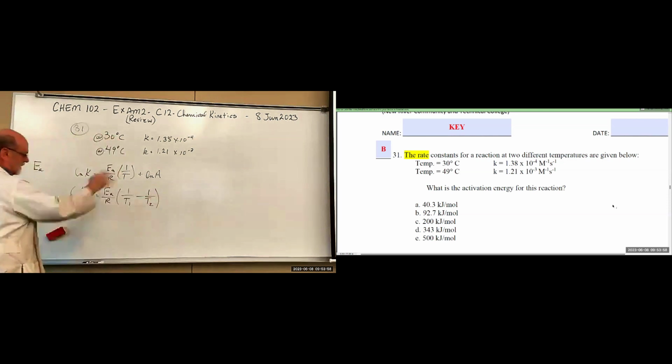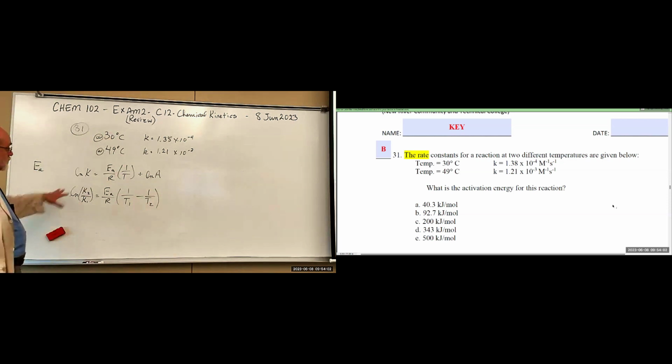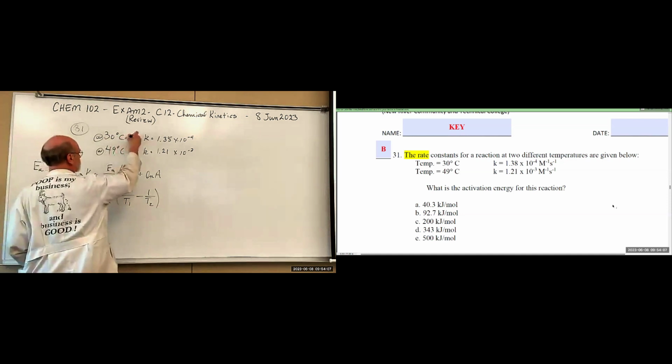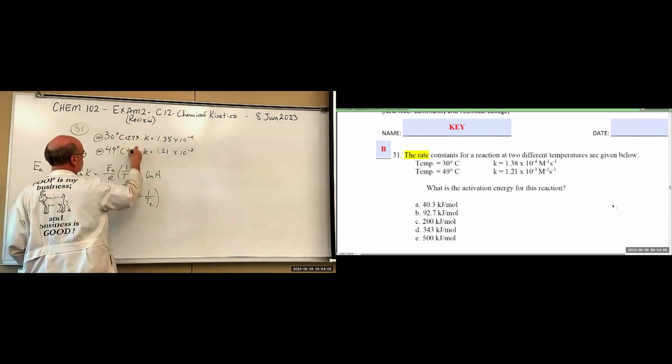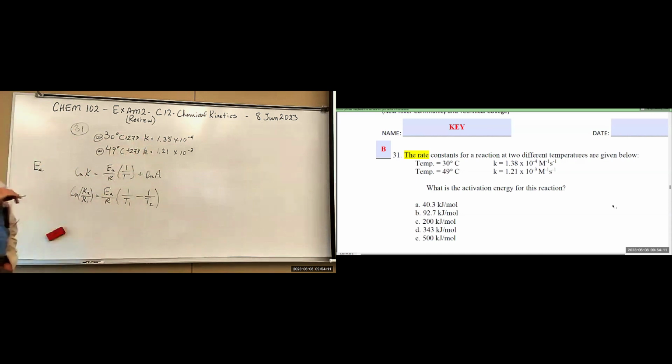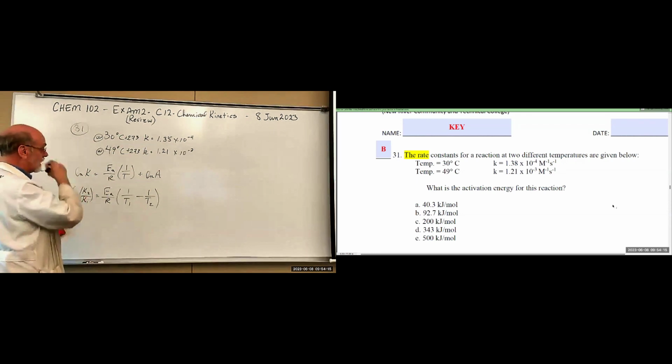Right. And the A's gone. So for this one, we can just use the raw data. Well, with modification: plus 273, plus 273, because the temperature has to be in K. All right. So if we do that,